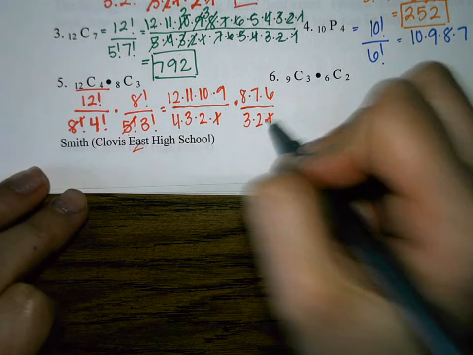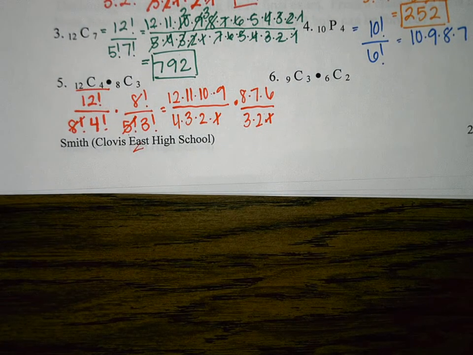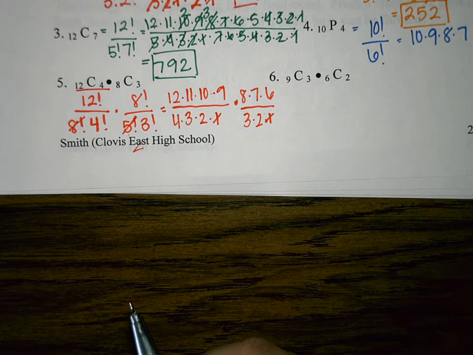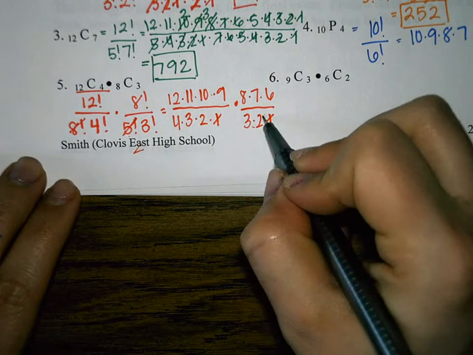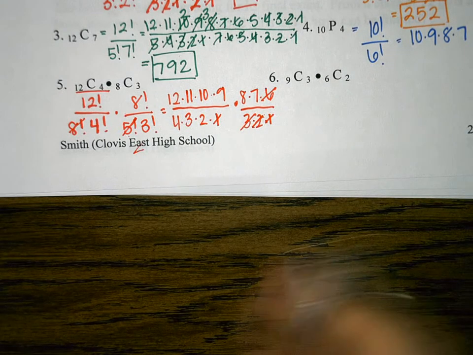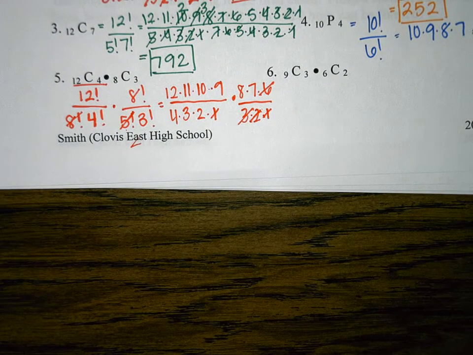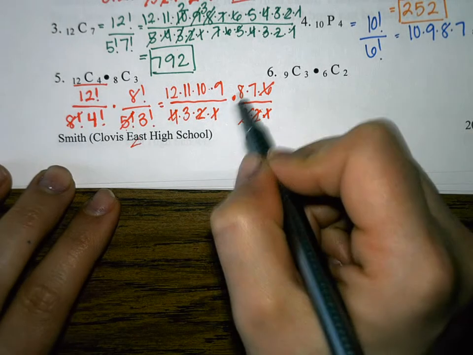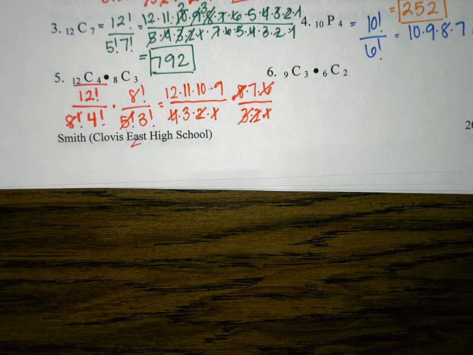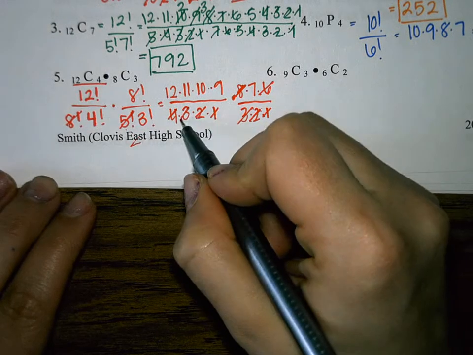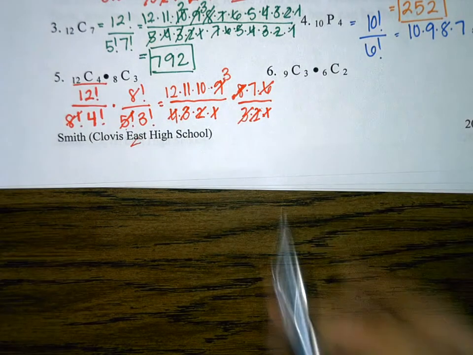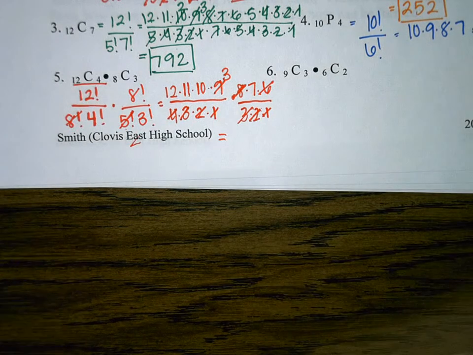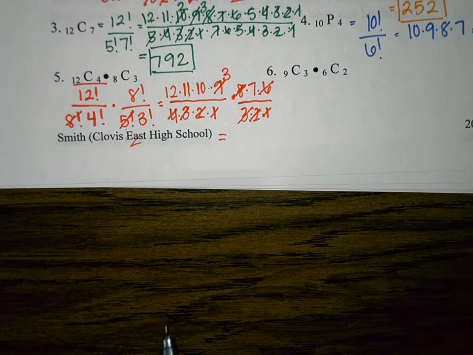The 1s are going to just go away because anything over 1, we don't need to do that. So let's see here. I have a 3 and a 2 here, and that turns into a 6. I also have a 4 and a 2, and that turns into an 8, so we can cross-reduce with that 8. And then I have a 3, which goes into 9 3 times. So I'm left with 12, 11, 10, 3, and a 7. So when I multiply all of that out, it turns into